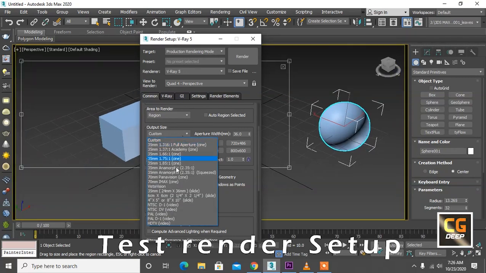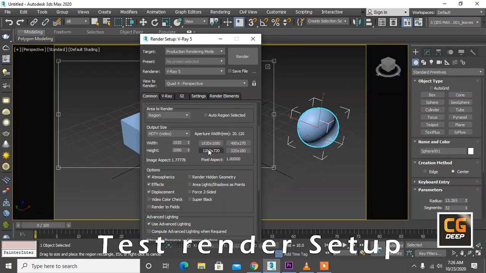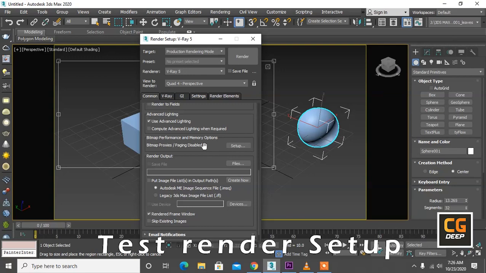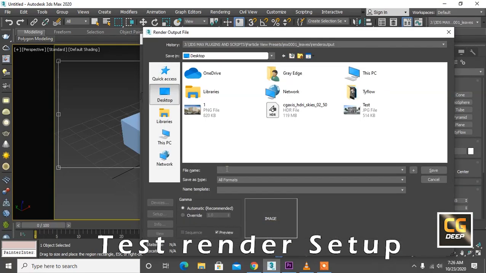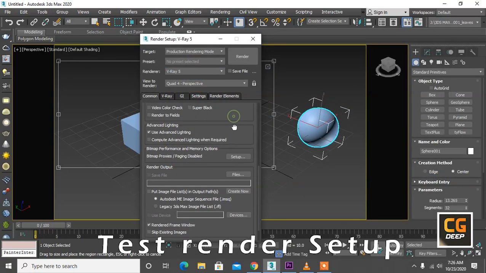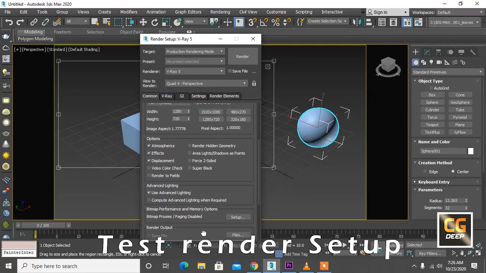If you want to render animation, you can easily select HD, and if you want more than HD, you can select Full HD, right? If you want a still render just for a test, you can select HD, 1280 by 720, right? And you can easily save files. By the help of this button you can save your renders. Everybody knows about it, I think.